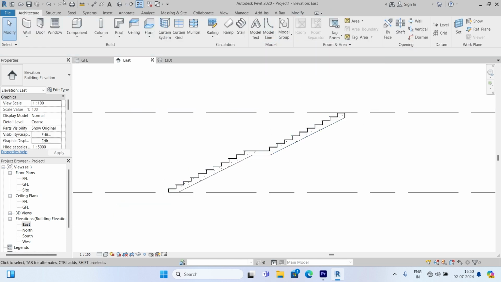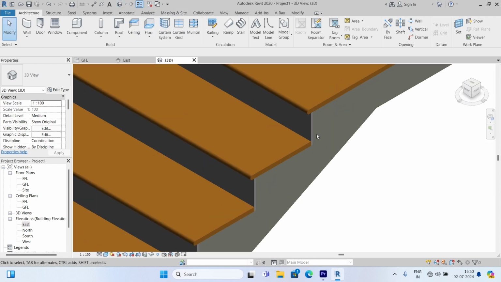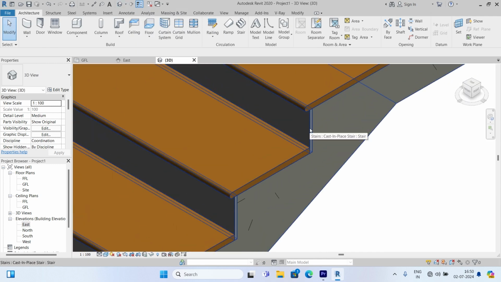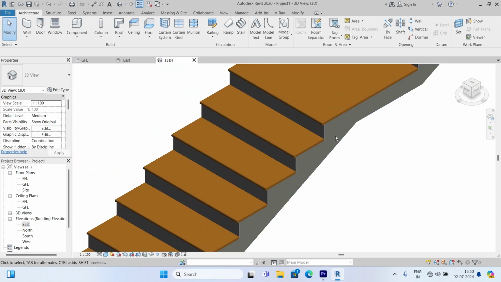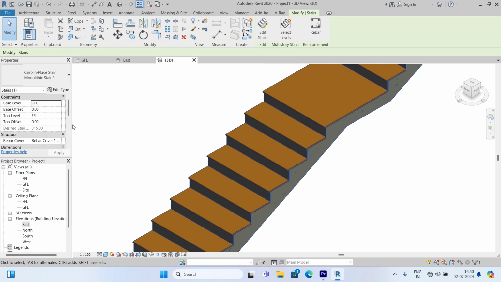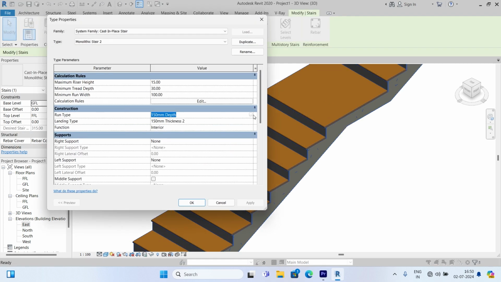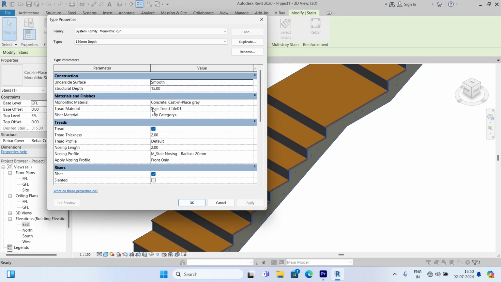Okay, now let's go back to our 3D view. Here we haven't assigned any material to our risers, so let's do that. Again, select the stair, go to the type, then to run type. Here we have this thread material, stair thread tile 01. If you want the same material applied on your risers too, then you just select this one and type